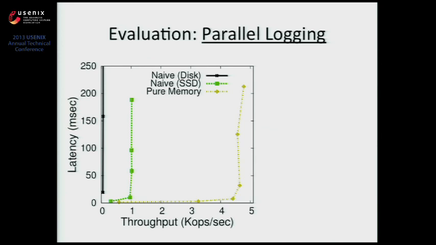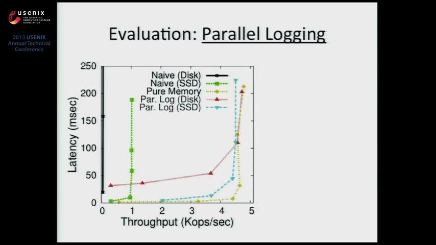Okay, parallel logging. In this graph, you can see the same results I already showed you, okay? When I use a naive implementation, respecting the model of state machine replication, you do 63 writes per second on disks, a bit more than 1,000 on SSD, and more than 4,700 on memory, okay? Now, what happens when you put parallel logging? This is what happens, okay?